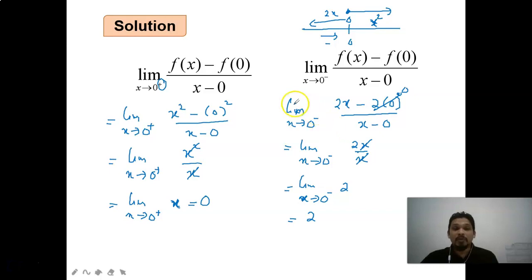And now, we are going to compare the answers when x approaching to 0 from right, and also x approaching to 0 from left. Are they equal? So we compare this with 2. They are not equal. So it says that limit x approaching to 0 from right and x approaching to 0 from left are not equal. Therefore,